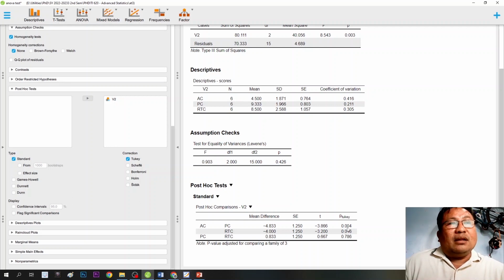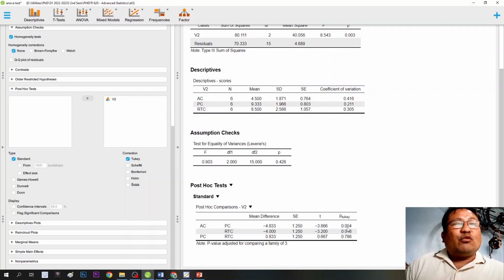So in an APA format, we can say that there was a statistically significant difference between groups as demonstrated by one-way ANOVA, F(2, 15) = 8.43, with p = 0.002. The Tukey post hoc test showed that the cocaine addicts who were assigned to acupuncture plus counseling, AC, and placebo plus counseling, PC, were able to obtain significantly higher test scores than those under acupuncture plus counseling, AC, and relaxation therapy plus counseling, RTC, where